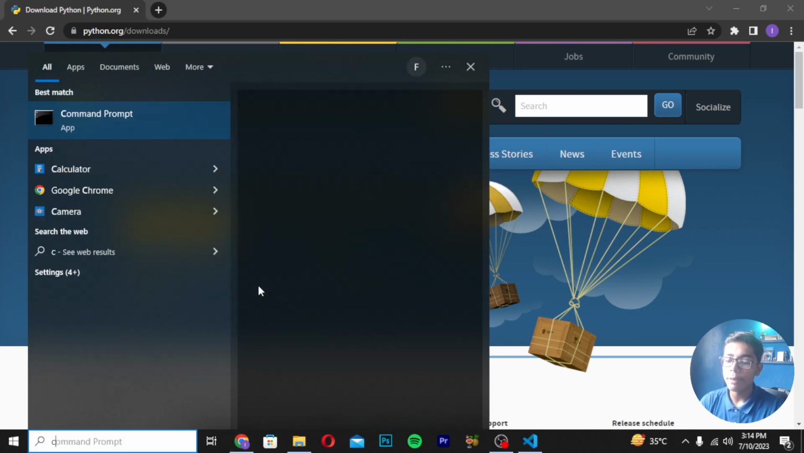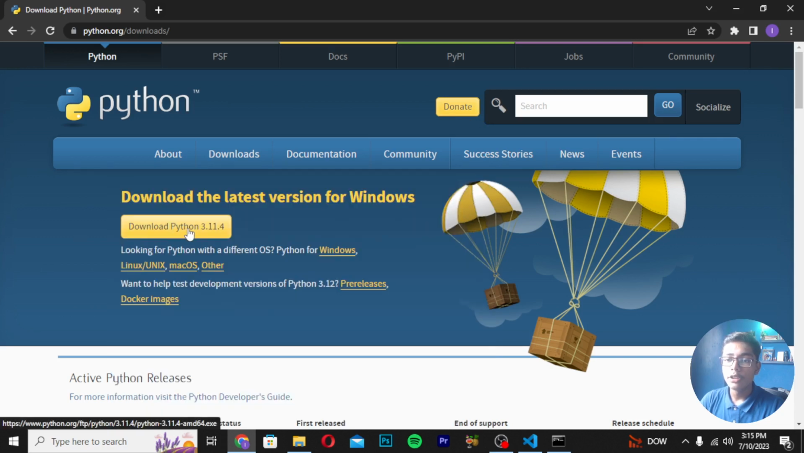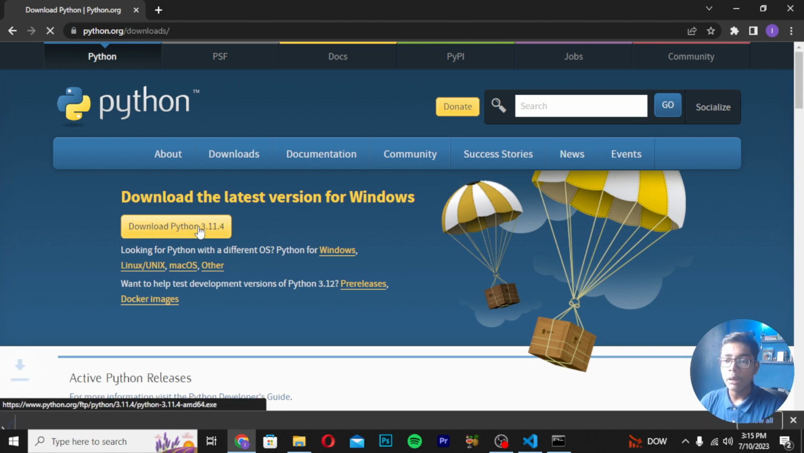If I move to my command prompt to check what version of Python I am using here, I will write python --version and press enter. You can see it is saying that the version I have is 3.10.11, but the latest version you can see is 3.11.4. So we have to use this version, and you can see it says the latest version for Windows is here. So I will directly press download Python